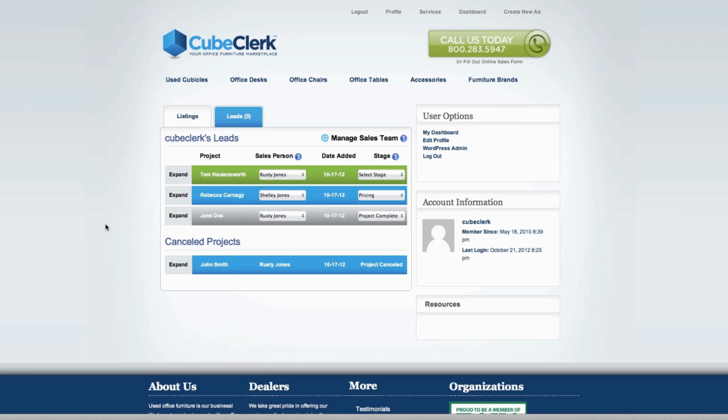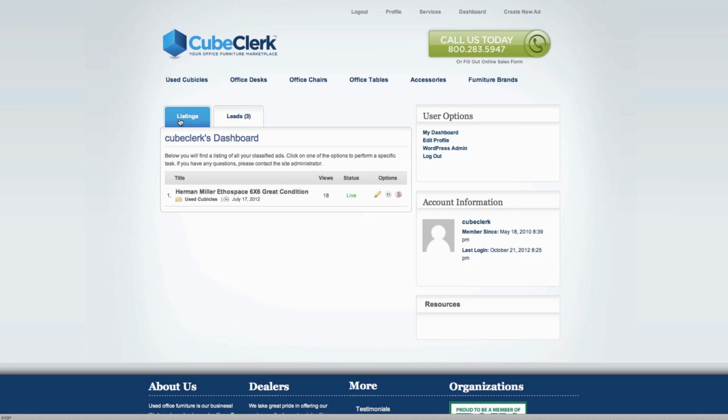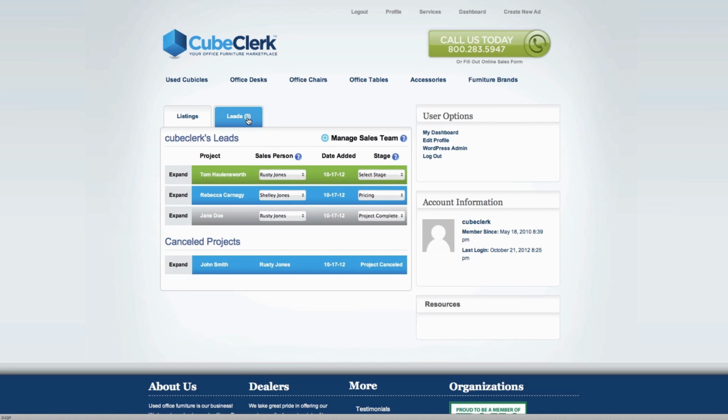I wanted to take a moment and introduce you to the new CubeClerk's Leads Dashboard. Now, whenever you log in, you can see your listings dashboard like you did before, and now there's a new tab called Leads. And this number right here will show you how many leads you actually have. So right now I've got 3. Simply click on that tab,